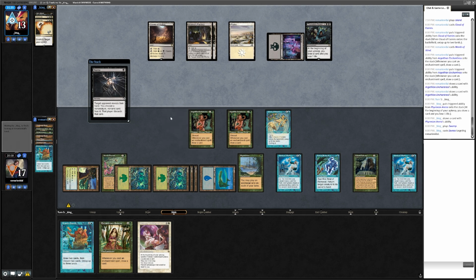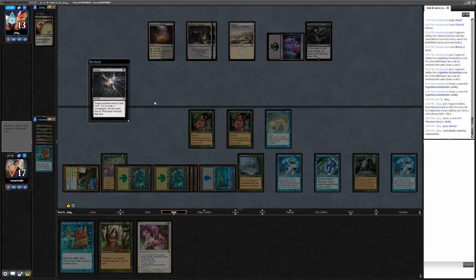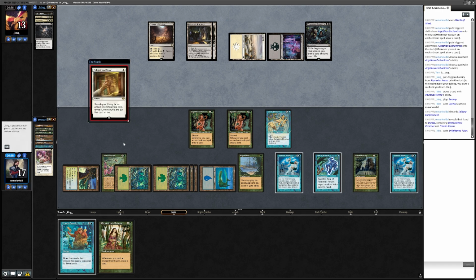Oh, should not have 6 here. I might want to bounce my Cloud of Faeries with a Seal removal. All these cards here are good. I don't know if there's a right answer here. Solitary Confinement shuts down all the discard spells after this, and okay, so they went for Solitary Confinement. So if I find an Enlightening Tutor, what are they gonna get? Enlightening Tutor,